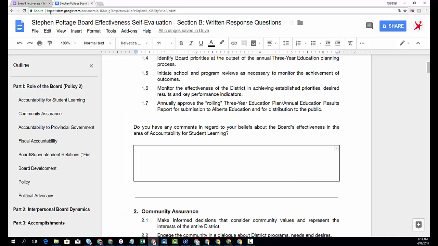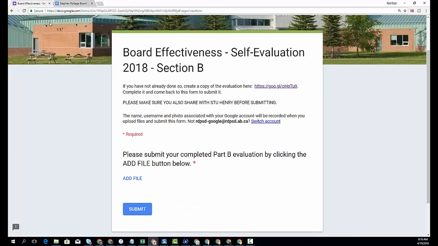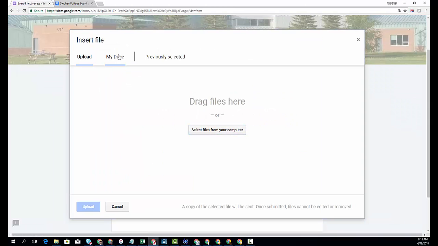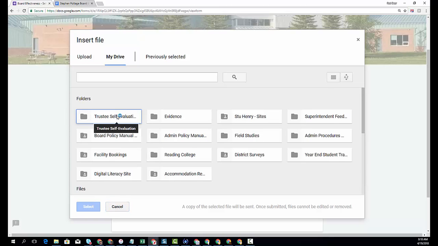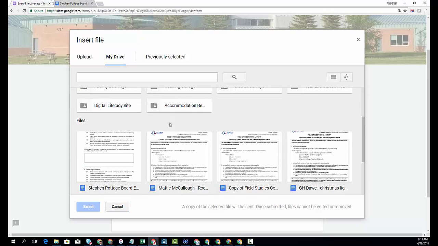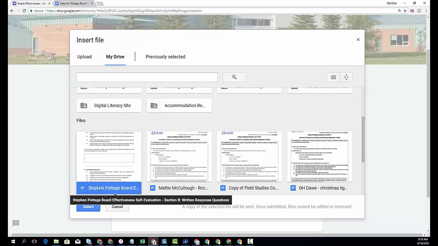Okay, and then finally, you're going to come back to this form, and if you can't find it again, the link's in the email or in the YouTube video. You're going to click this add file button at the bottom. You're going to choose My Drive, and it will likely be the very first document that we see. So ignore all of the folders, and we're going to come down. You can see, and this is why we named it,